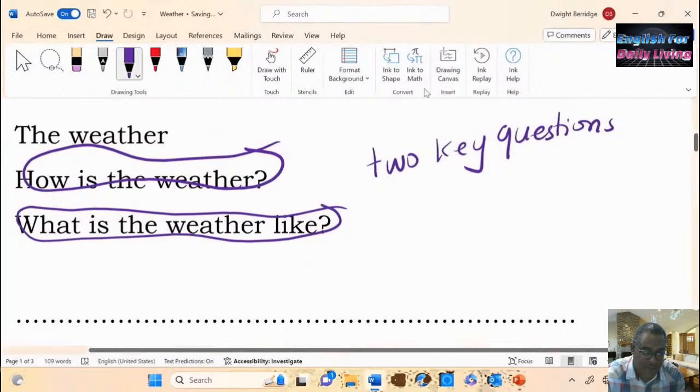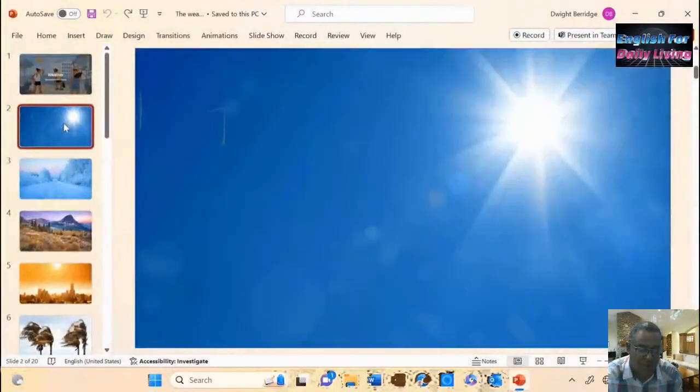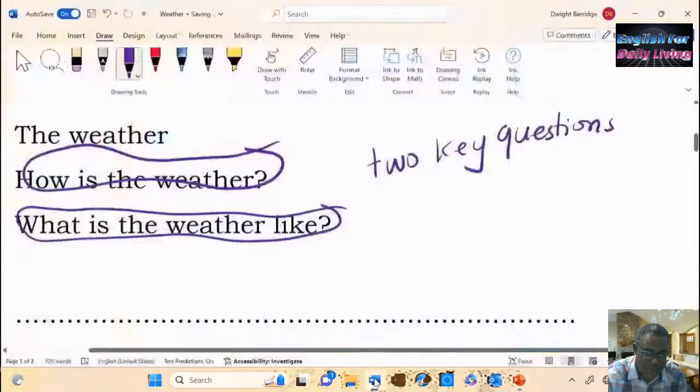All right, so as we go back to our PowerPoint, we would see here in our first slide, we have sun shining brilliantly. So if I ask the question, how's the weather? You bump up on me today and I say, how's the weather, man? Or I meet a friend from Guyana, and I ask, how's the weather in Guyana? What's the weather like in Guyana? And this shows me this picture here. This would represent this condition. This would say here that it is sunny.